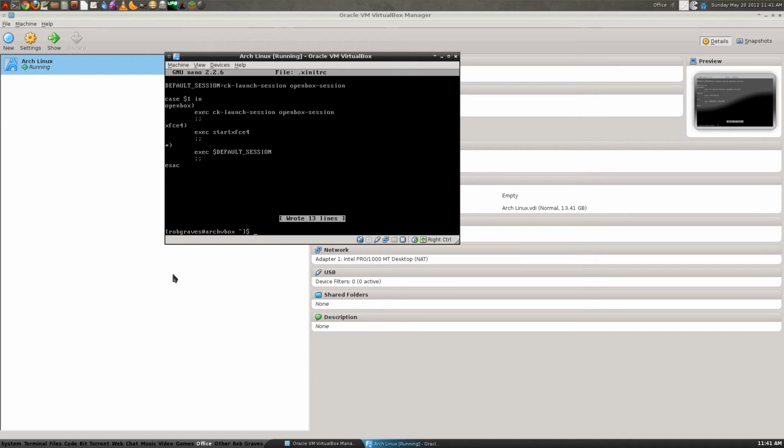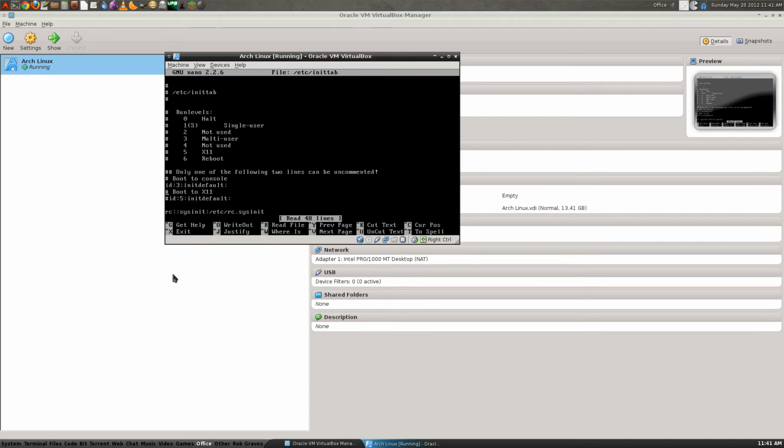Alright, now we got that. Now I should really test openbox first, but I'm gonna fly by the seat of my pants here, see what I do. Sudo nano /etc/inittab. Alright, in here you can control what boots. When I first started doing Linux, I had the display manager at the end of my daemons array in the rc.conf file. Nowadays I do it this way,